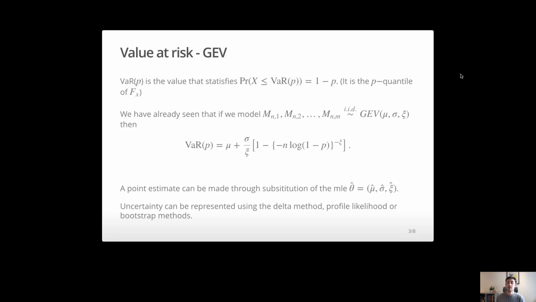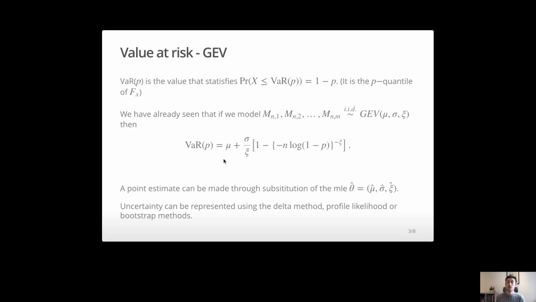So since this GEV is going to be approximately F(x)^n, to estimate a quantile of F(x), then we're going to want to incorporate a power of 1 over n into our GEV distribution here. And that's exactly what we've done to work out this quantile,